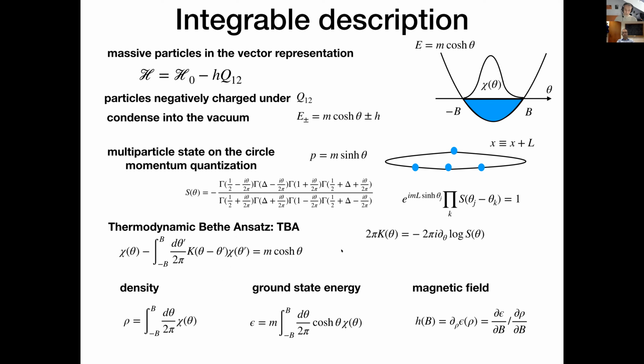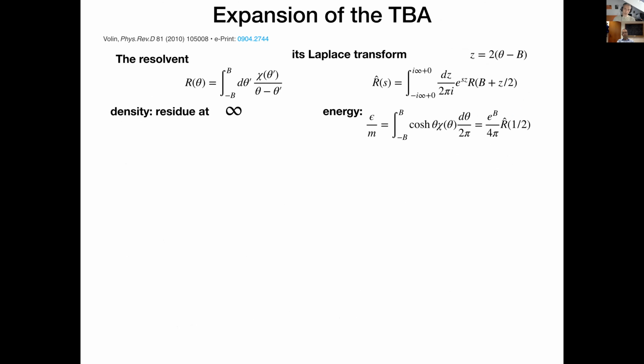So this is the integrable description, how you can solve the problem exactly. But it's highly non-obvious how you could expand this rho or epsilon in terms of h for large h. And this expansion, especially for high orders, resisted solution for years. And that was a breakthrough by Dima Volin, who suggested a very nice procedure to calculate the perturbative coefficients to very high order and very efficiently.